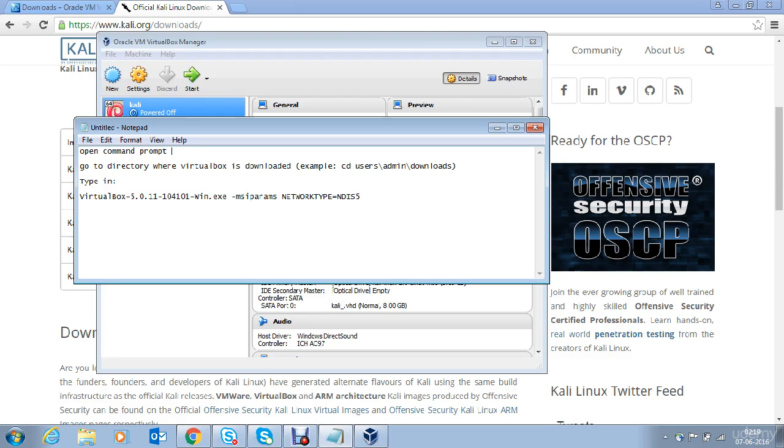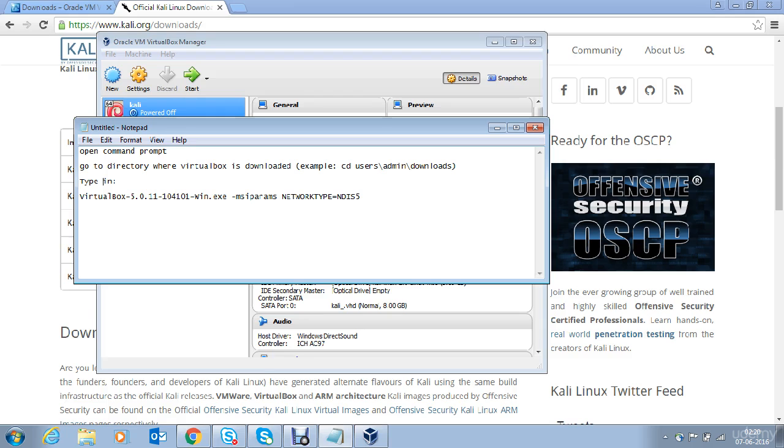Uninstall VirtualBox and reinstall it using the following steps. Open the command prompt, go to the directory where VirtualBox is downloaded, which means if you have opened the command prompt, you need to cd to users, admin or whatever username you have, and go to the download section or the directory where you have downloaded VirtualBox.